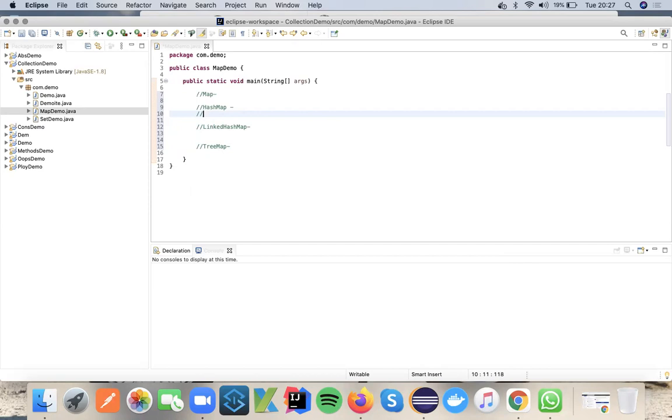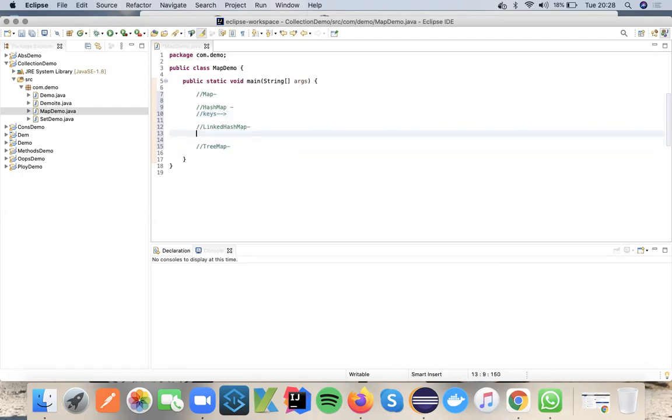In a hash map, when we store the elements, there will be no insertion order. Forget about the values, it is only applicable for the keys. Whatever keys you are storing, that order will not be followed. It will store all the values, but while printing, instead of the first position it may print at the fifth position. So the position will be changed.